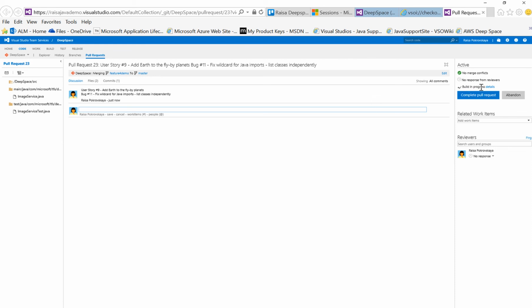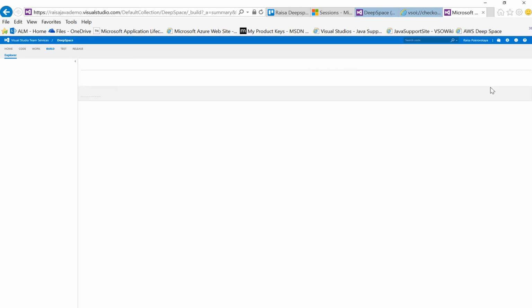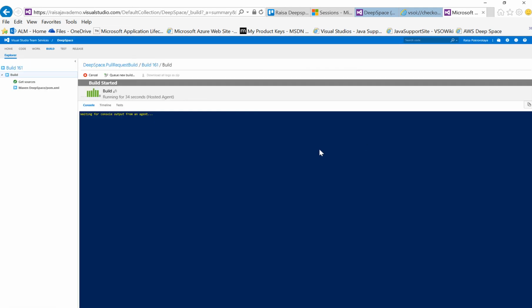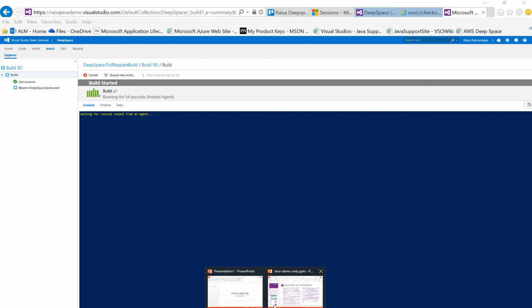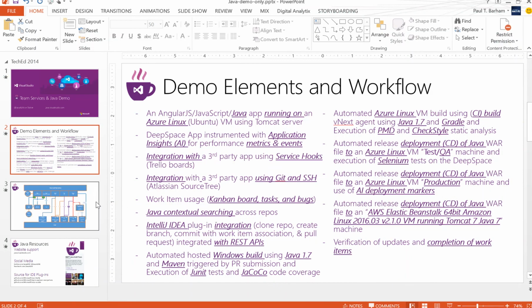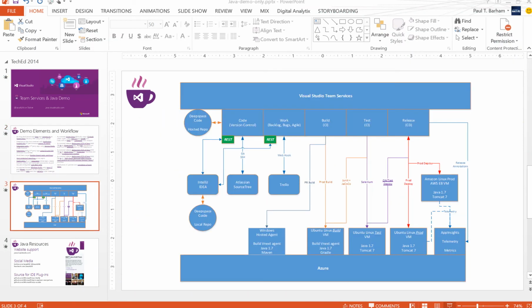And I also need to do a build. So it's actually doing a build right now. So if I go over to the build, it was automatically kicked off. This is kind of our PR build, our smoke test build, to make sure I didn't break anything. This is running on a hosted build on a Windows machine, and it's going to run Maven. So this takes a little bit of time because I've got to wait for an agent to be allocated to me. A virtual machine type thing has to be spooled up to run my build. And while that's going, I'm going to switch back over to PowerPoint and show you a diagram